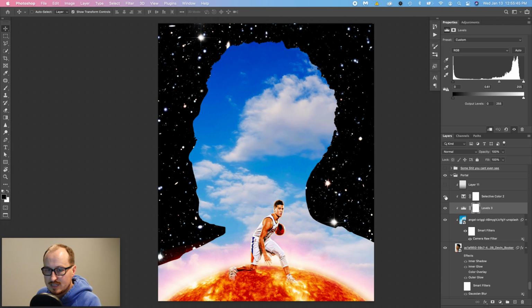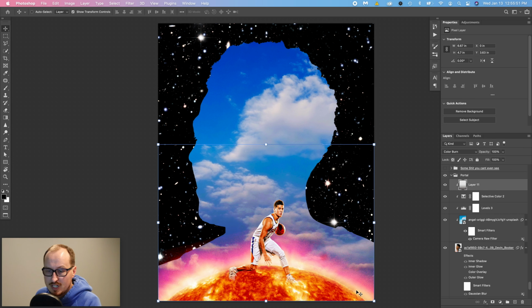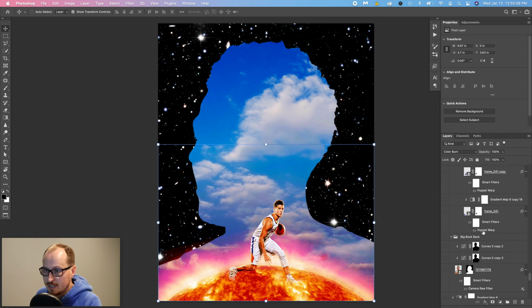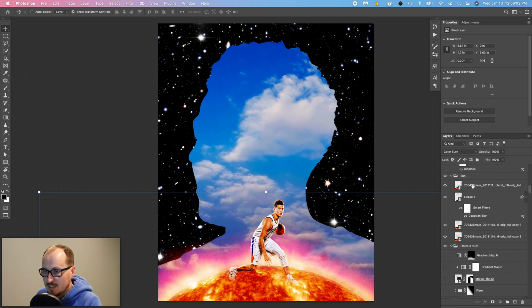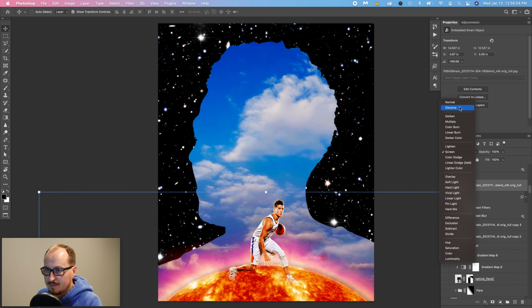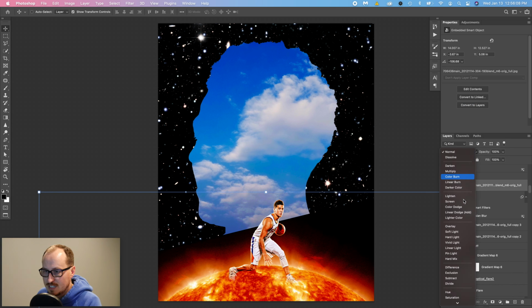I have a couple other layers on top of here just to darken things up a bit, boost some of the blues, and then darken up the bottom here so you can see that this is where the flares are coming off of. And this is why I have it set to screen, the sun. So if we go back up here to the sun, if I set this to normal, it's got all the black in it, so it wouldn't show beneath it. So that's why I have it set to screen,